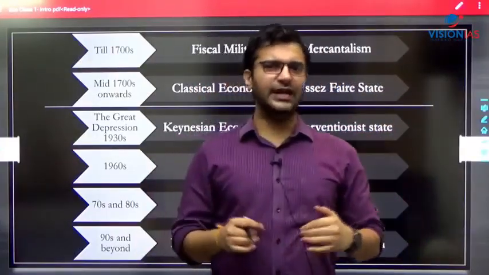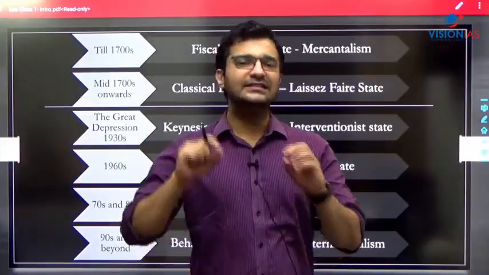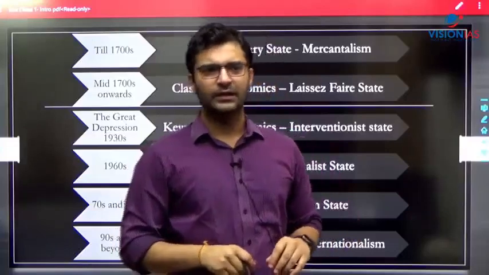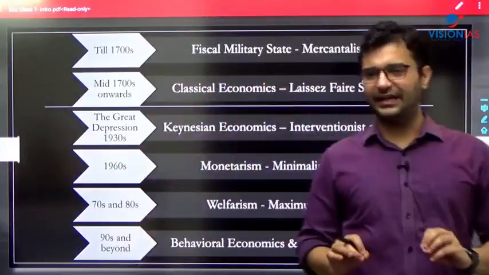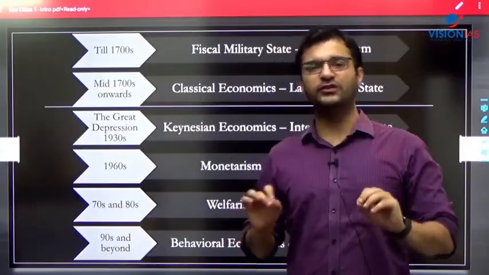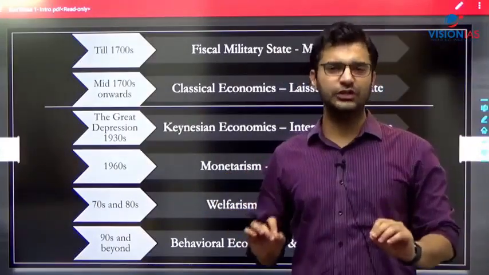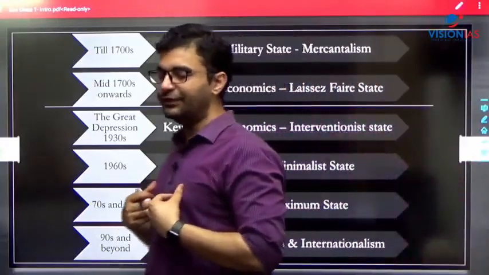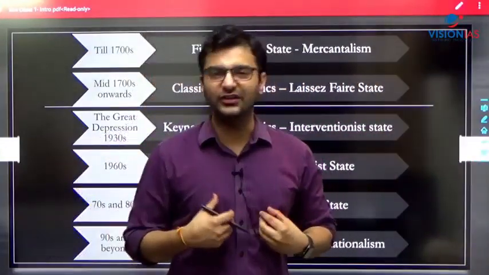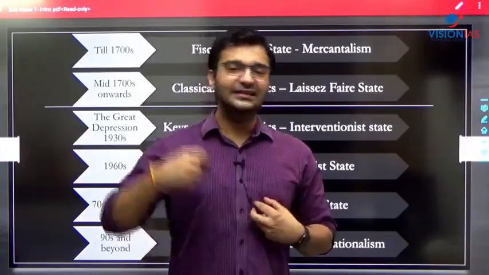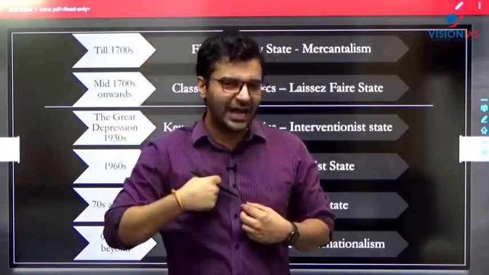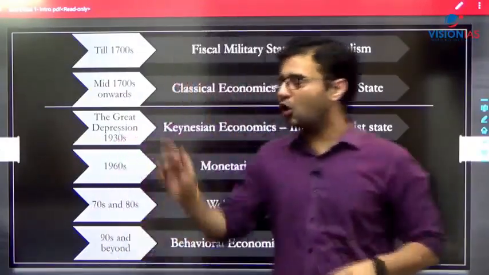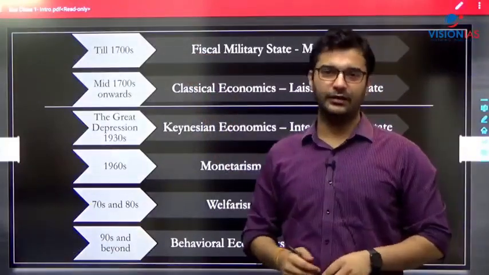Adam Smith comes and says that the state should not interfere in economic decision making. And individuals should decide what is the best possible use of a resource that he or she possesses. I must be free to decide how I want to use my resources. How do I want to use my skill? The king should not dictate where I should be employed or where I should go, what I should produce. King or state must not dictate, because